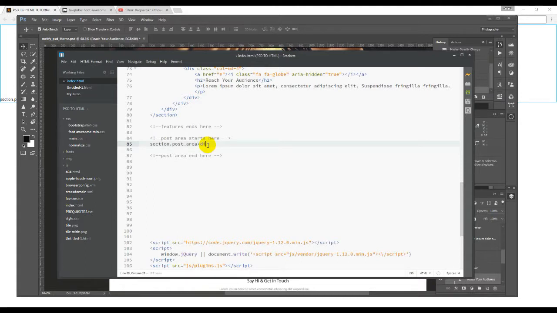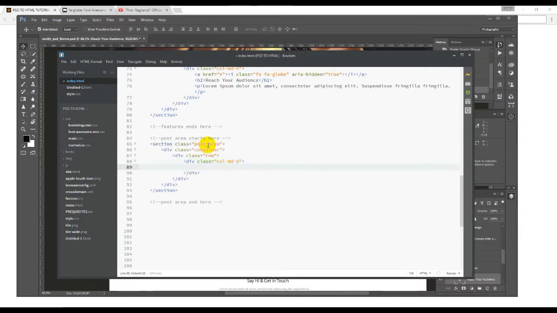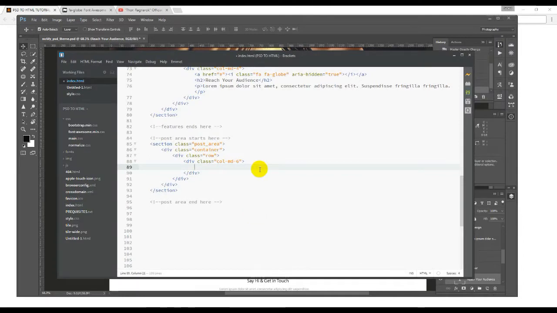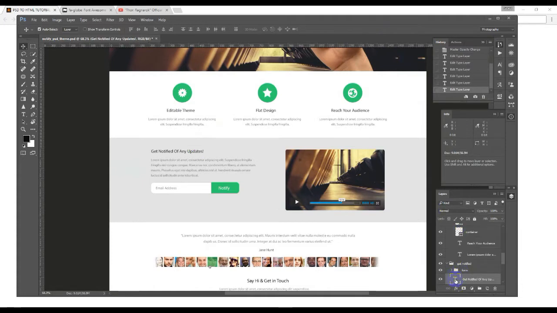Then we're going to take div, this class is container, and then div row and div, we'll call md6, as there are only 2 columns in the section. So inside this column 6, first of all we'll get the heading option, that is, as you can see, get notified of any updates. Let's take h2 tag, and inside this let's take the text,